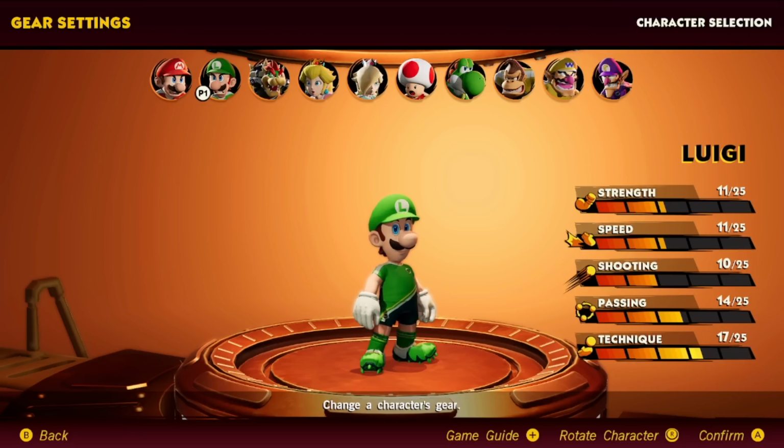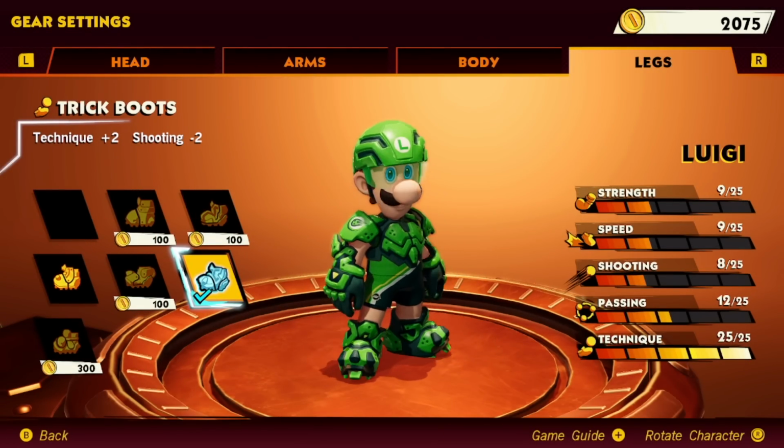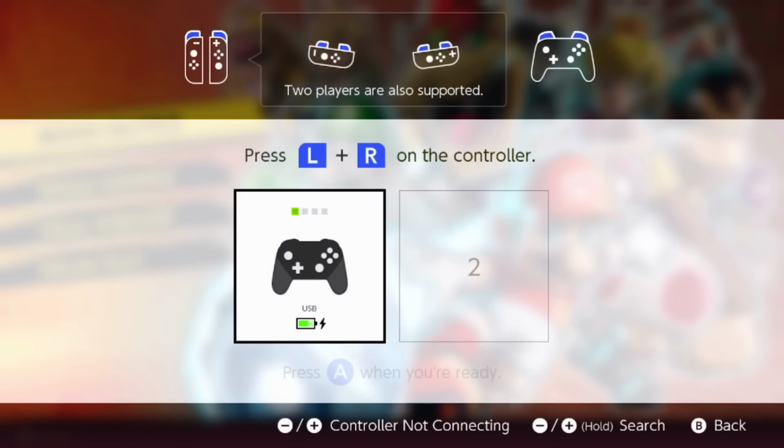Moving on to maximum technique, the character who is best for this is Luigi. Unfortunately, he has 10 shooting instead of 9, but this is the best we can get. Now we just have to throw on some gear to give him 25 technique and 8 shooting. Now we just have to replicate the same test I just did with Bowser by playing against myself and shooting